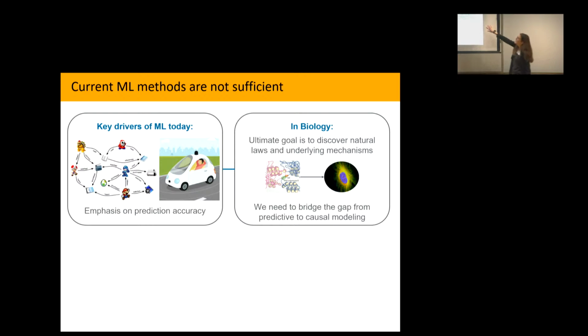But if you're thinking about what we need in biology and what the ultimate goal is in biology, it's often quite different from what you would need in online advertising or recommender systems. Because in the biological field, what you really want to get to ultimately is something about mechanisms. If I want to study a particular disease and develop a particular drug, you want to know which protein is misfolded and what actually happens downstream from that protein, and why, if this protein is misfolded, something else happens down the line, right?